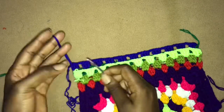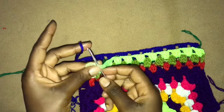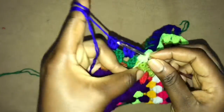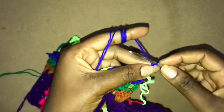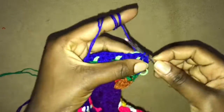Okay, now once you have finished doing all that, you are going to get your yarn and insert your hook onto the opposite side of our work, in the last stitch of the opposite side. Pull through your yarn, because now we are attaching the 2, and work a chain 3, skip these 3 stitches. Into the chain gap you work a single crochet, chain 3,